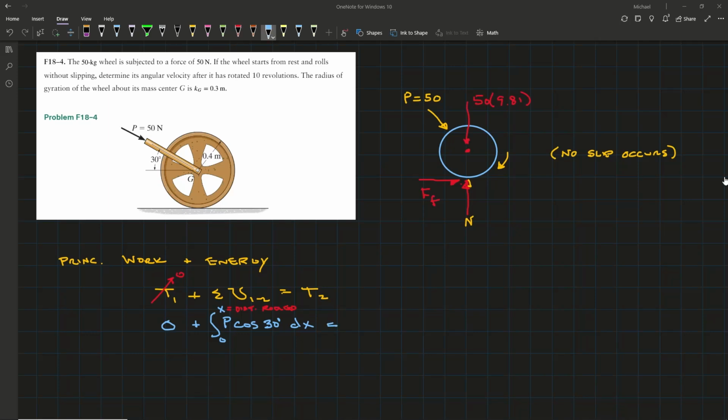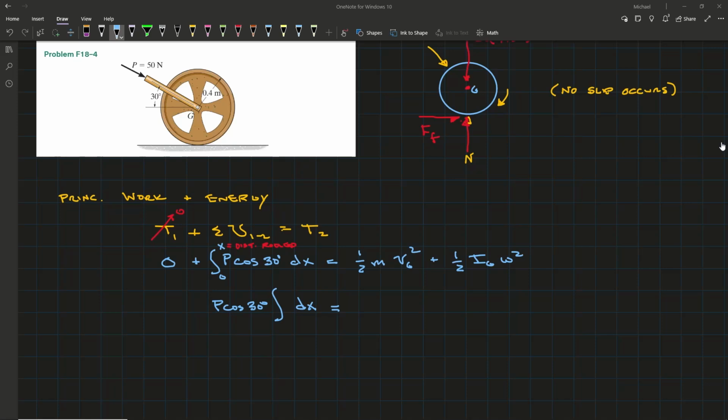This now equals 1/2 mass times the velocity of g squared plus 1/2 I_g omega squared. So we can pull that constant out, and our bounds of integration are 0 to, now x is going to go to